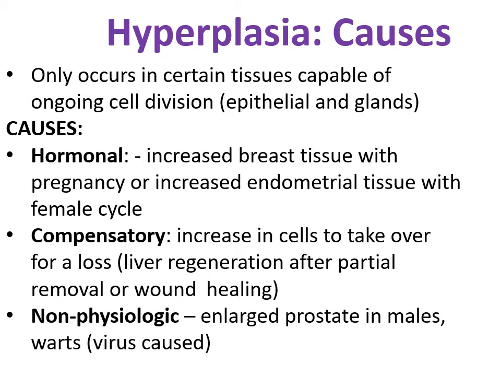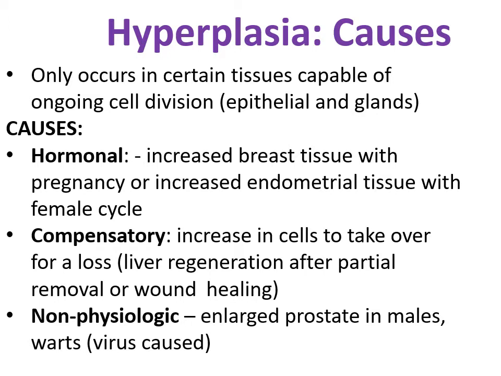And the causes of hyperplasia, well, hormonal. So with increased hormones, you can get hyperplasia. And that happens in the breast tissue with estrogen and progesterone. It definitely happens in pregnancy, and it occurs with the menstrual cycle with increased endometrial tissue. Okay,